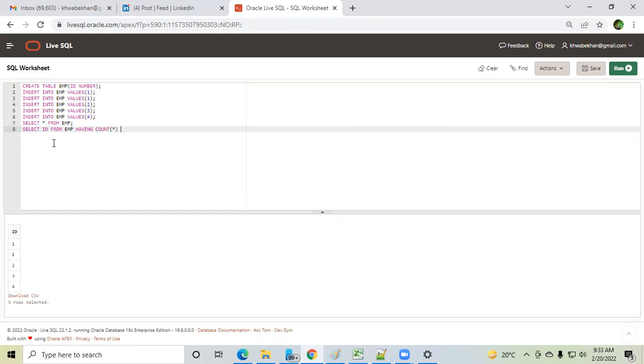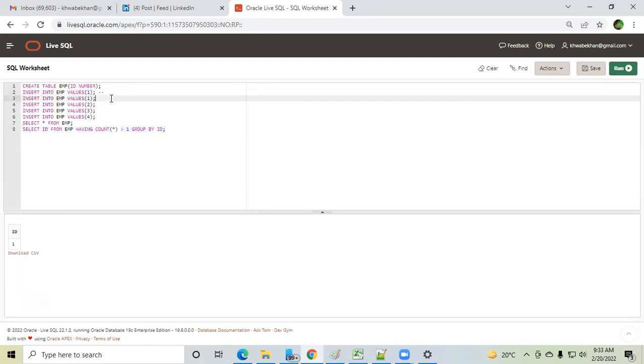Star. I think this is the correct query, no? And this query will tell you which IDs are duplicates. So here the output is 1, correct? Because 1 is duplicate here. I hope so far everything is clear to everyone. Yes. So simple. We have discussed a number of questions based on this. Now the question is